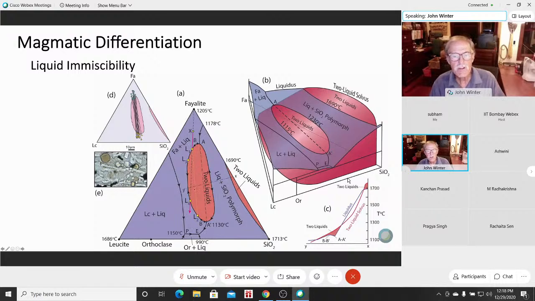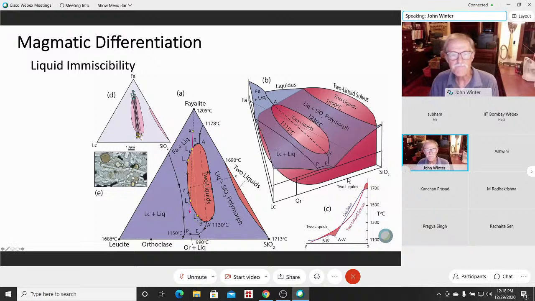Turns out these two solvi are the same one. You can see the solvus in 3 dimensions here. This one here is this one here, and this one here, of course, is this one here. So this is just where the liquidus surface is intersected by this two-liquid solvus. Hope that's